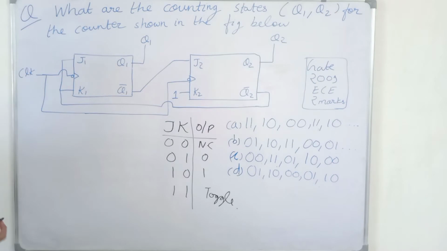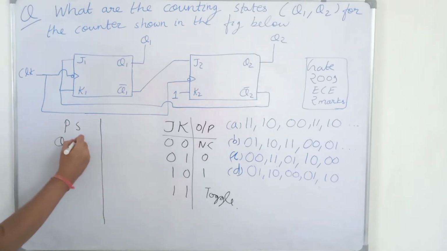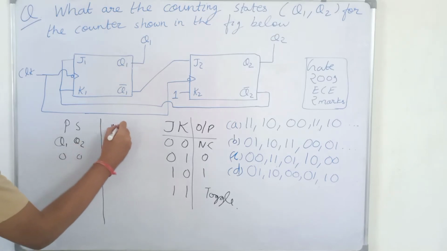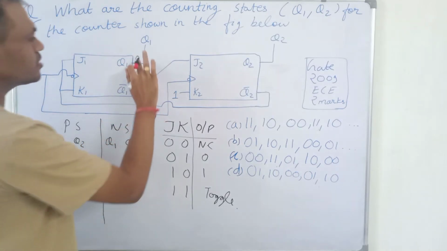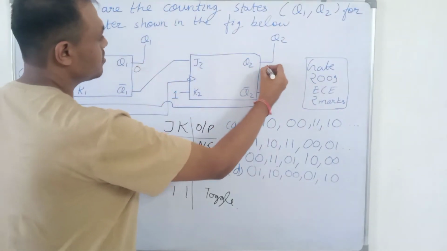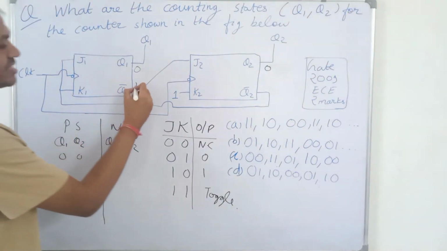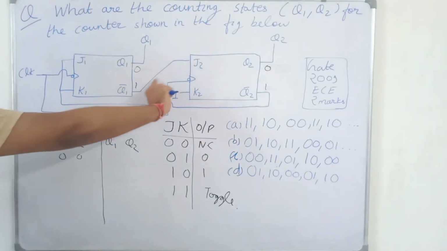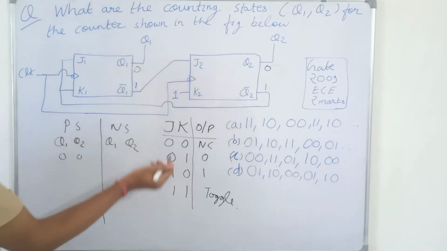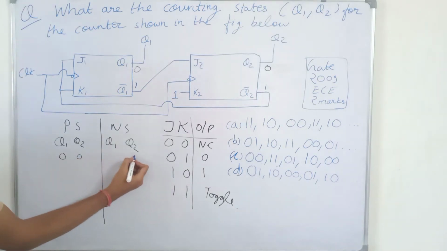Now we will see. Let us assume that the first state is 0 0. So the first present state is 0 0, means presently Q1 and Q2 are both 0. Next state Q1 and Q2 will be what? We have to determine this. So if Q1 is 0, Q1 bar will obviously be 1 and Q2 bar will also be 1. Q1 bar is 1, so it is transferred to J2. So both J2 and K2 are 1, and when both J2 and K2 are 1 then output will be toggle. So Q2 here was 0, so next Q2 will be 1.